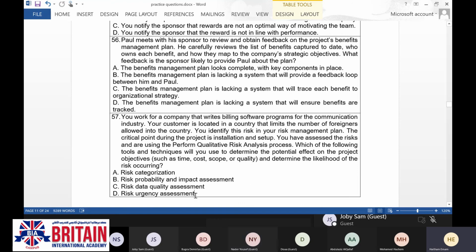But the risk urgency assessment comes after you get the risk score by multiplying the probability and the impact, as you mentioned. Even for a certain risk you decided to take action against, you have a list for taking action and a list as a watch list.